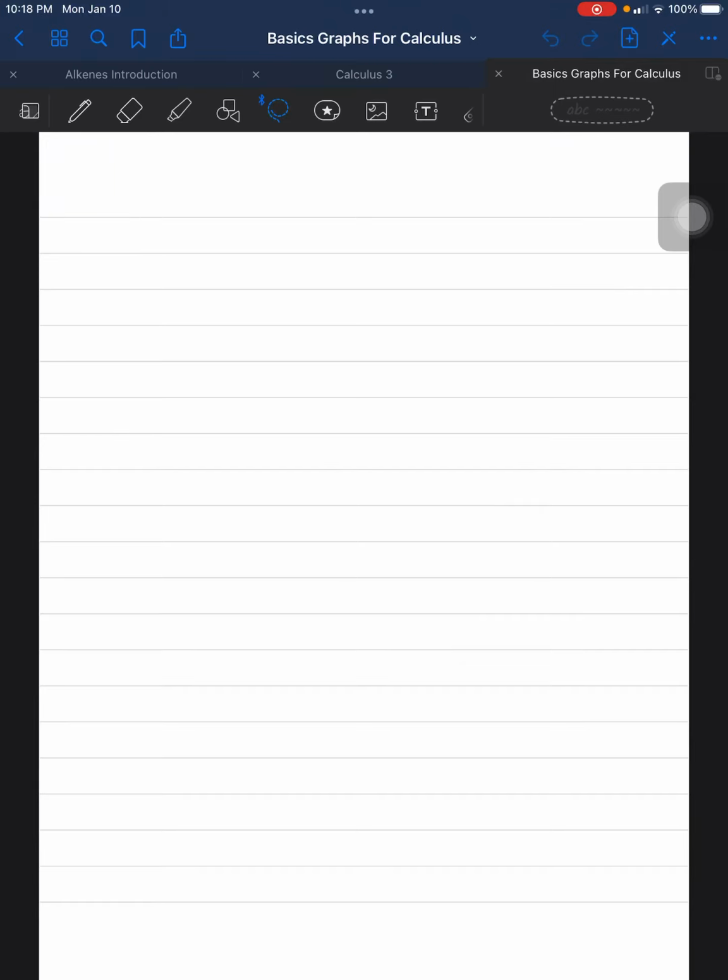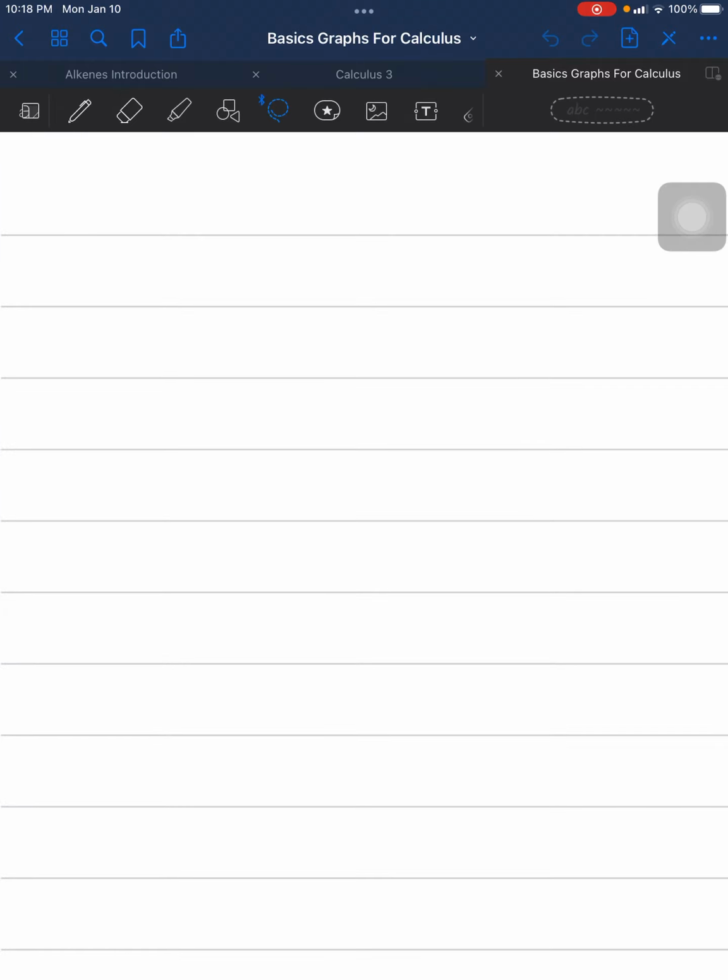This first lesson will be going over the basic graphs for calculus. These graphs are basically essential to understand when you are doing calculus, and they transcend Calc 1 to Calc 3. So the first graph is